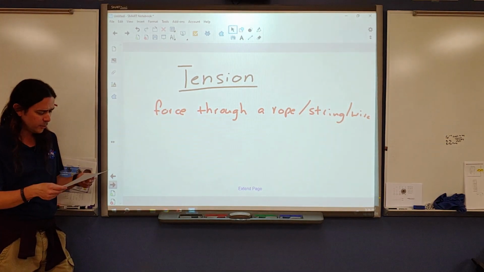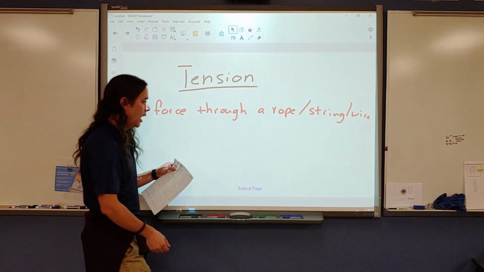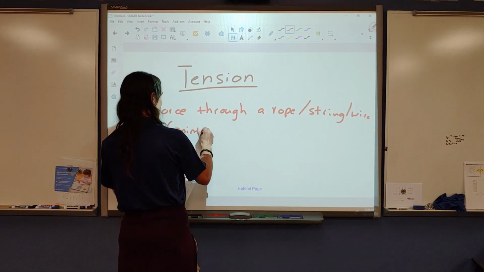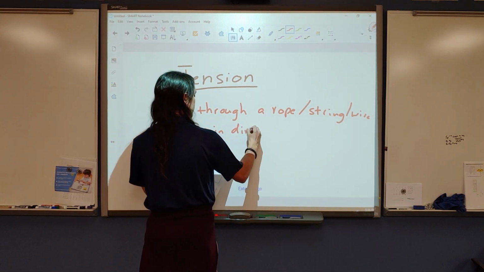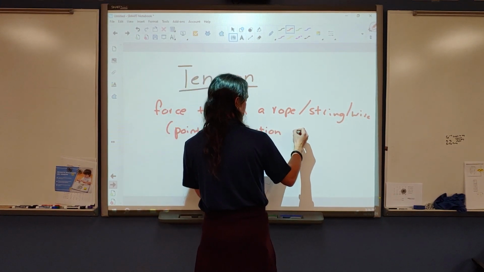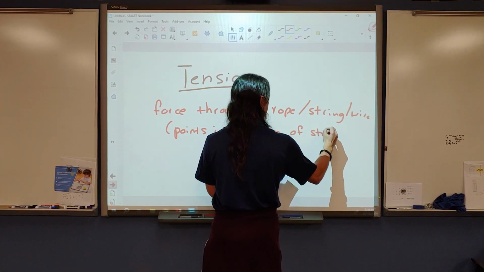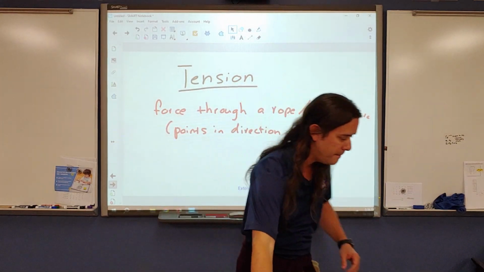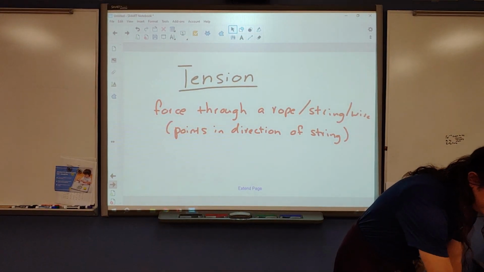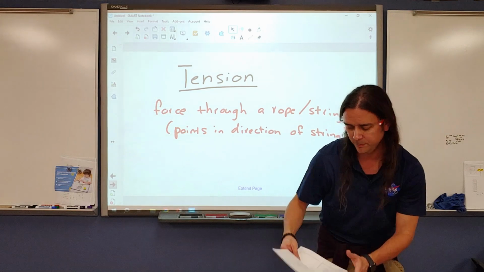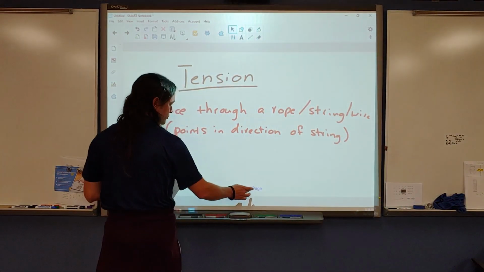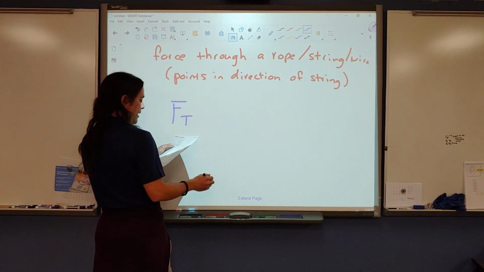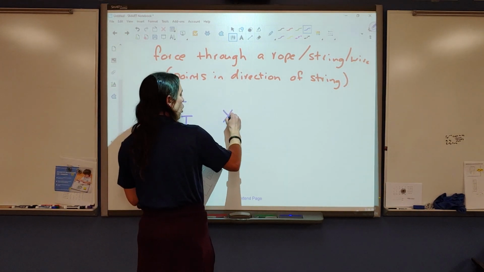Okay. So now that we've introduced that, I'm going to add a little bit more on this. The force points in the direction of the rope, or string, I guess, in the direction of the string. It's a force that points along the rope or string. Here's my regular demo. Okay, going to grab that and have it ready. The abbreviation for this is capital F, subscript capital T, or